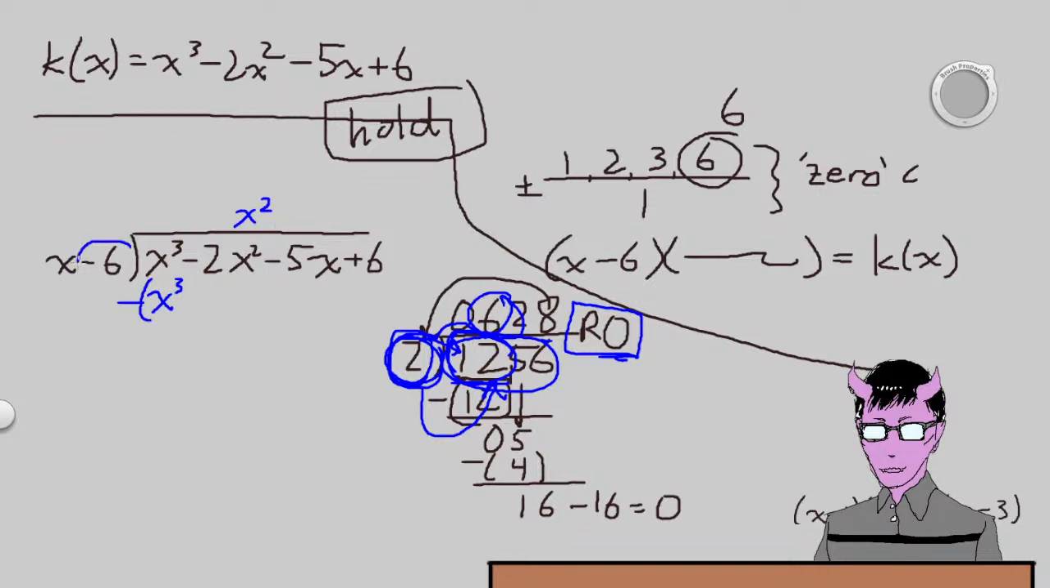Almost, because unfortunately this x here will get distributed to this x squared, but this negative 6 also has to get distributed to this x squared. So we have a little bit more work to do. X squared times negative 6 gives us negative 6x squared. And that is what we're subtracting,